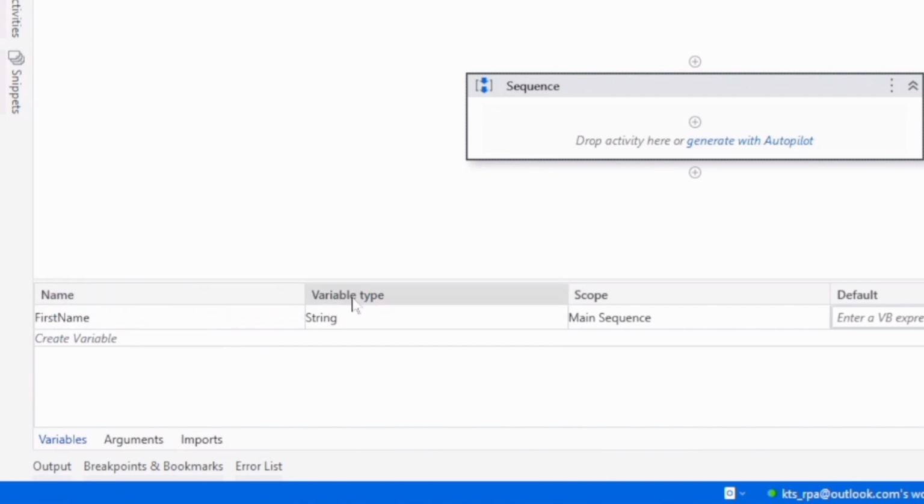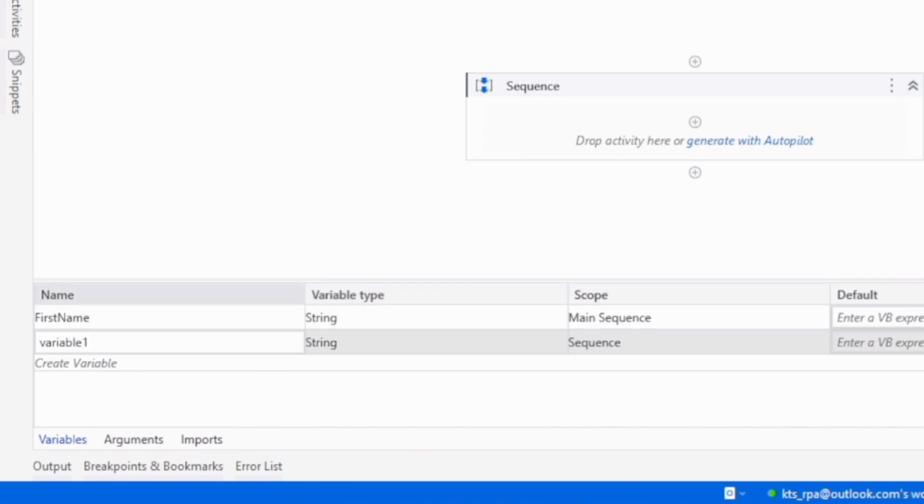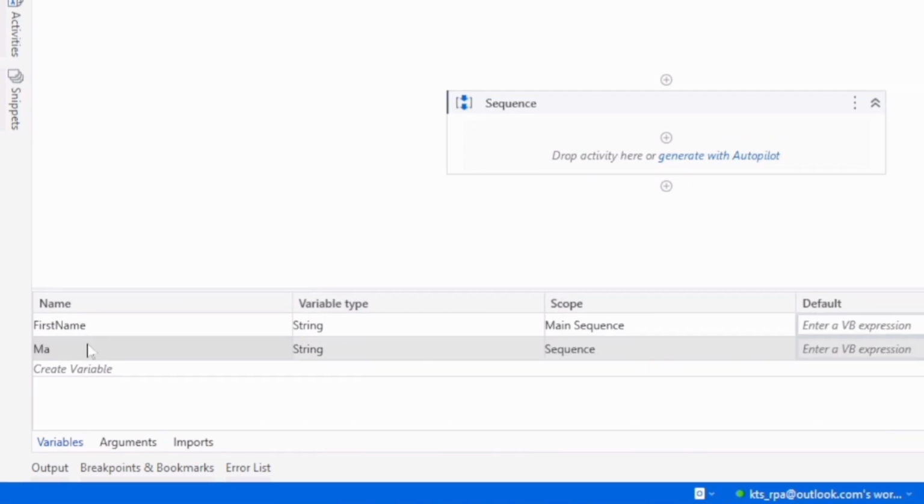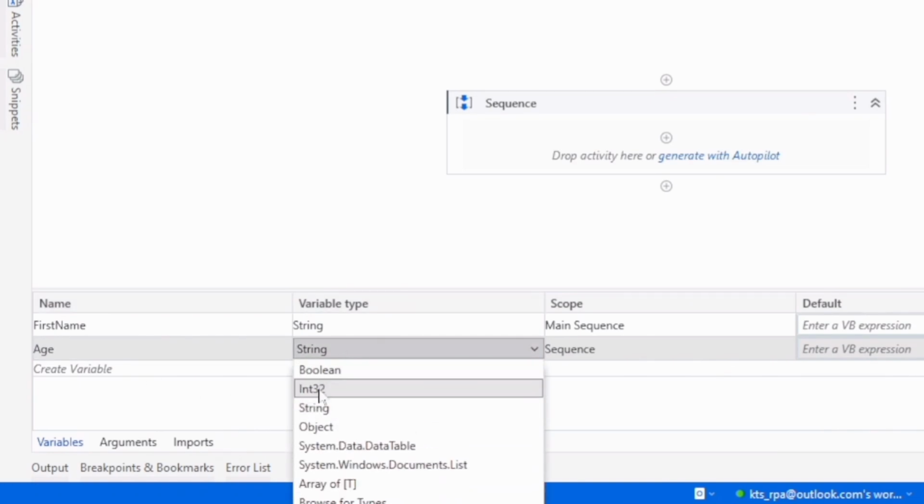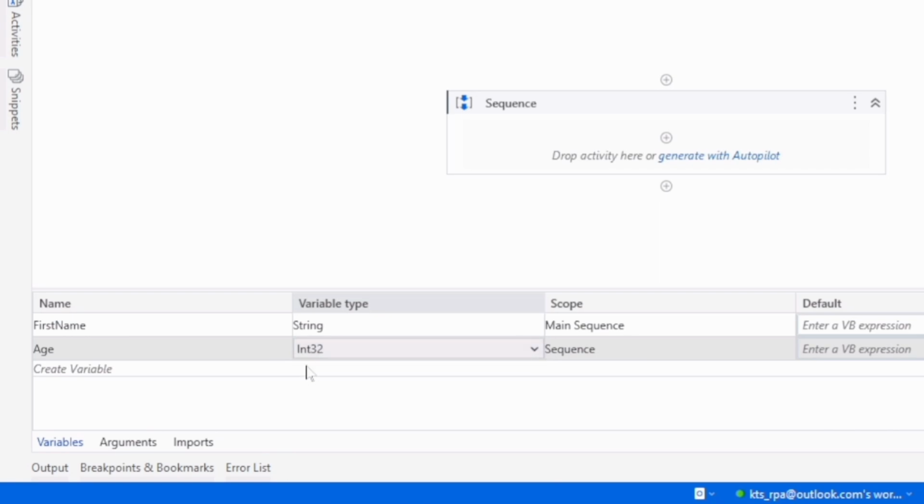String means text. But if I need a variable in which I want to save some digits or numbers, then I can create a variable, for example age, and the variable type will be integer, Int32. Okay, and the scope, we can define the scope here. Okay, so now let's